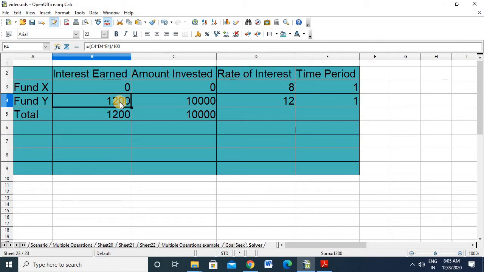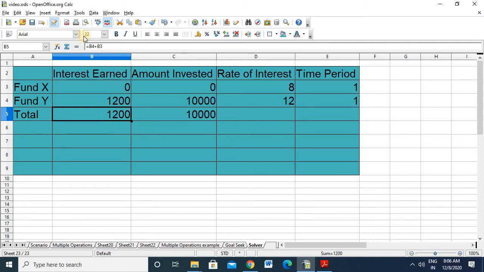Similarly, the same formula I've applied here with the amount invested C3, D3 and E3 as the time period. And there is a total of these two funds, that is B4 and B3. This sheet is ready for you.